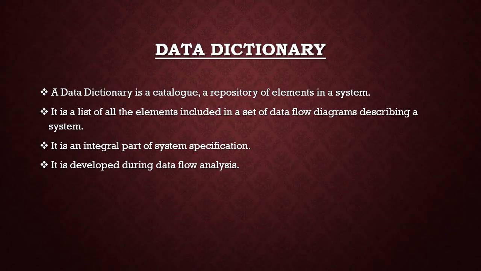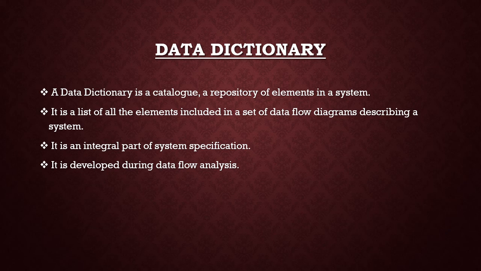Now the next topic is data dictionary. What is the meaning of this term data dictionary? Dictionary means the storage system, or you can say it's a kind of repository that is storing the meaning of something or meaning of some word. So similarly, in case of database also, data dictionary is a kind of repository which is storing the data about the data, and this data about the data is also known as metadata. So in simple terms, we can define it that this data dictionary is holding all the description about the data that we are entering into the database.